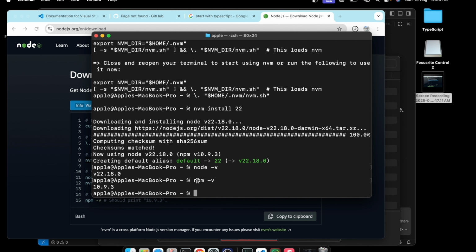Now the next step is that we are going to install TypeScript globally. So we will use the npm command, npm install. For installing globally, -g, g stands for global, and then we will write here TypeScript.